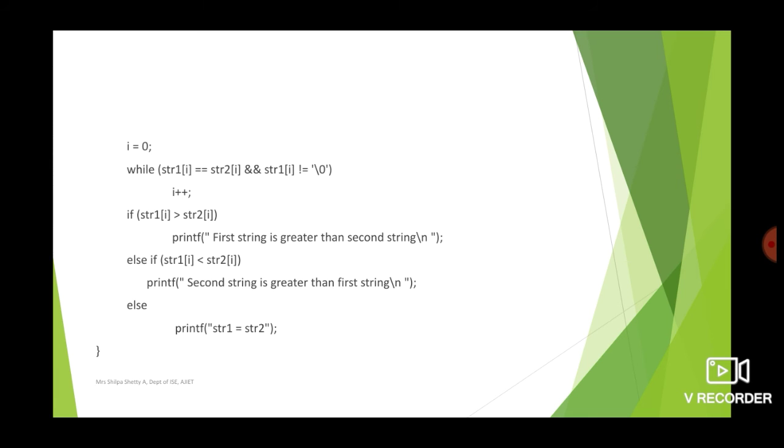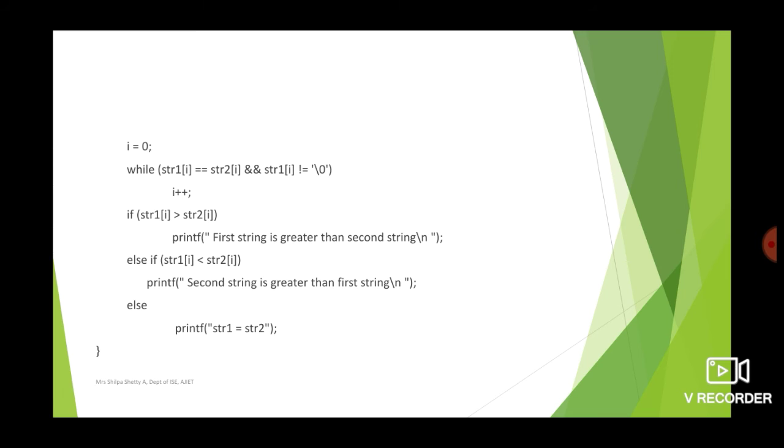Once it becomes the null character, it means you have reached the end of the string. Is there any point in continuing searching further? No, so you need to stop. So in either of these cases, either there is a mismatch or you have reached the end of the string, you stop the while loop.